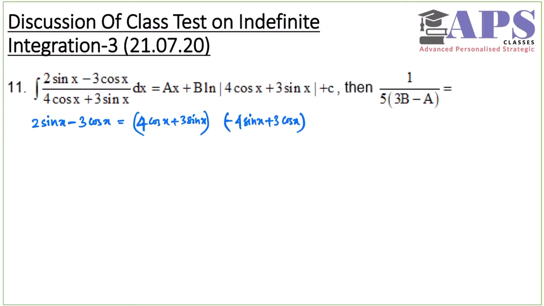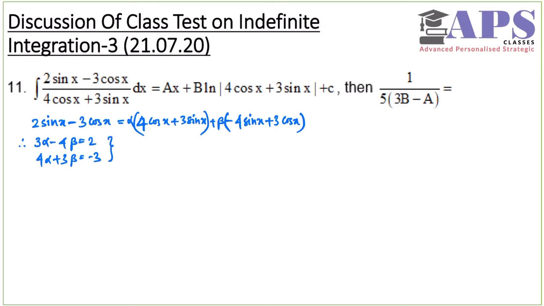You have to write in terms of this, but directly if I take plus or minus, they are not equal, so I have to take some numbers alpha and beta here, and we can get the value of alpha and beta. You can see that the coefficient of sin x is 3 alpha minus 4 beta, so we will get 3 alpha minus 4 beta equal to 2, and similarly the coefficient of cos x will become 4 alpha plus 3 beta, which is minus 3.